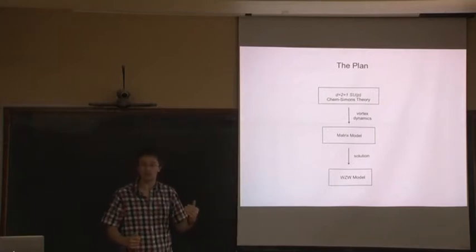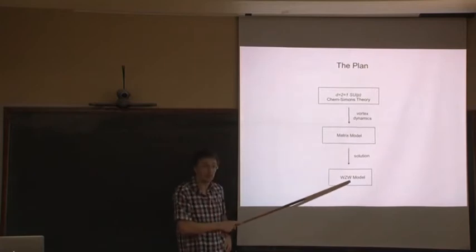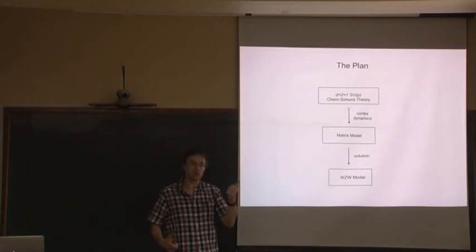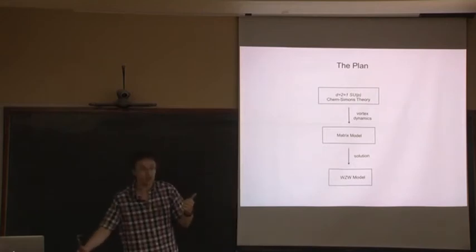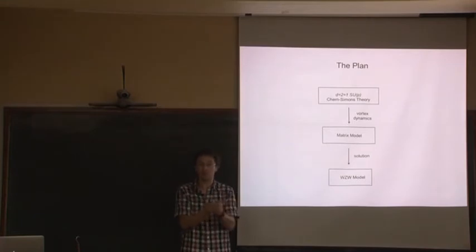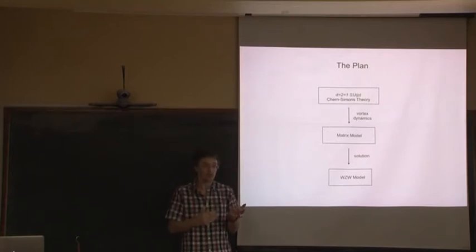The second part of the talk I think is going to be a bit more interesting because we're actually going to solve these matrix models. And we're going to review some of this old work to do with the fact that you get Laughlin wave functions in the simplest cases. We'll look at the wave functions you get when you have a non-Abelian Chern-Simons theory, so when you have an SU(p) Chern-Simons theory. We'll see why these wave functions are much more tractable than the usual wave functions.